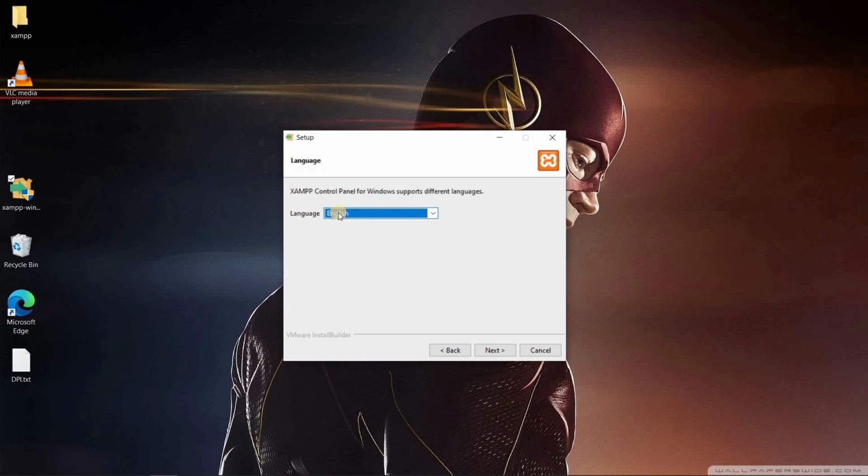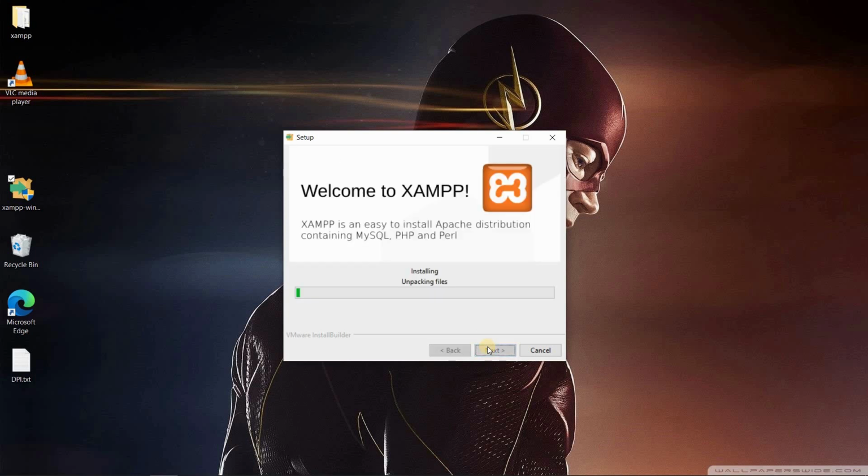It supports two languages, English and Dutch. You can select whatever you want. While XAMPP is installing, let me tell you some details about XAMPP. It was developed by Apache Friends in 2002. It is an open source tool that includes cross-platform support for Apache Server, MariaDB, PHP, and Perl. Thus the name XAMPP. It also has support for WordPress, phpMyAdmin, Joomla, and many other tools. It also has a file transfer protocol to send files across the internet along with various security features. It can use MariaDB and MySQL databases along with many other databases.